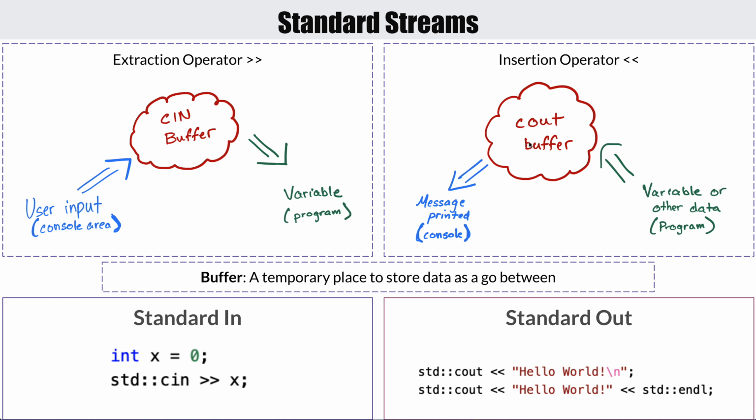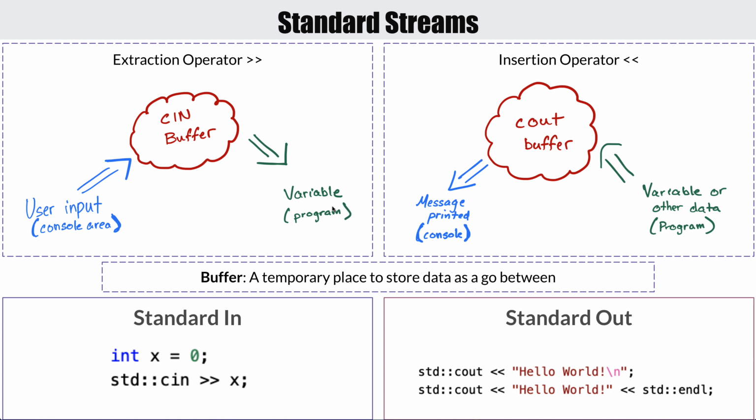Once it's in cout, it can be taken, right? Because it's a buffer, it's a go-between, it's a temporary place. It can be taken by something else, and here that's going to be our console, where the message is printed. Now we're going to do cin, which is still using a buffer, but it's the opposite process, okay? We have this console area. It's where you run your programs, where you want to be able to type something in, and you type it in here, and it goes to the cin buffer,